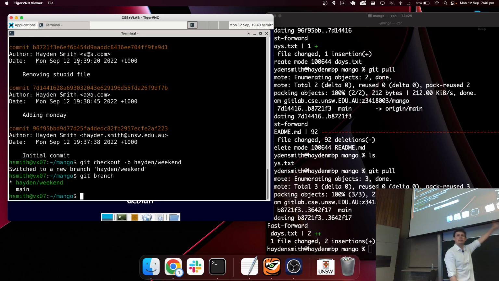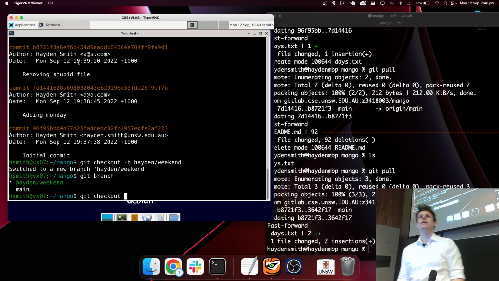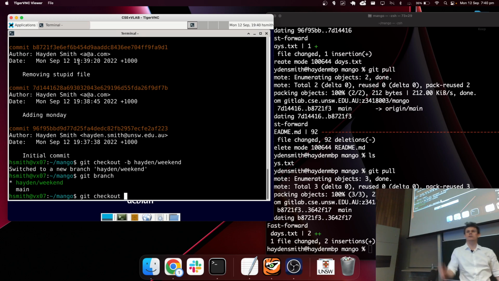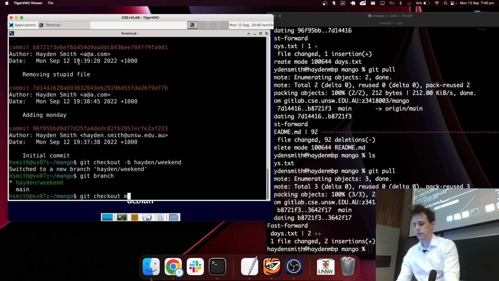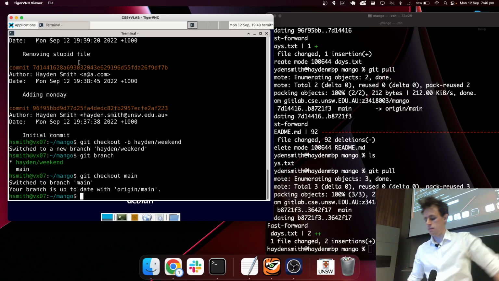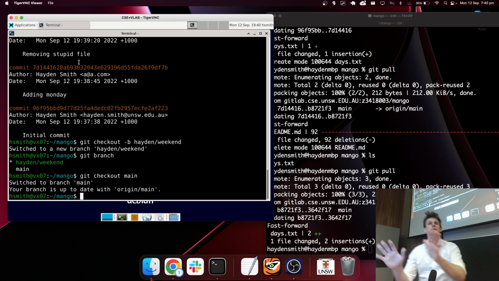There's my main branch and there's my Hayden slash weekend branch. So there's my 2 branches. And I can actually change between those branches too by going git checkout. Checkout is in, go check out that, go check out that. So I'm going to move between my Hayden slash weekend and my main branch like this, and I'm kind of tossing between them. But the interesting thing is that right now they're the exact same thing, because if we think about the slides here,